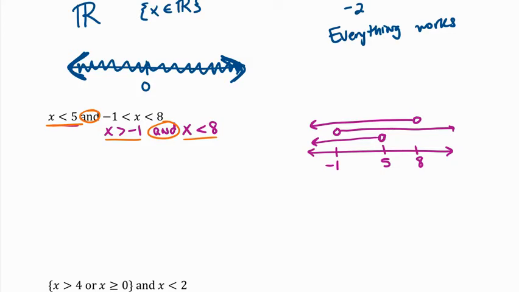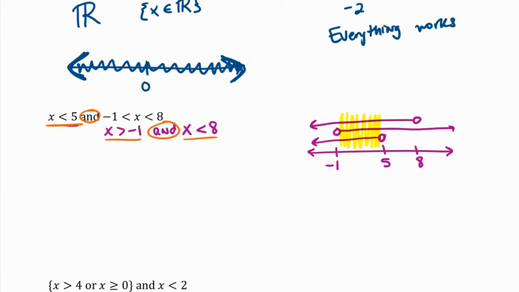Okay, so then since it's and, I want where all three of those lines overlap, right? So if I look for where I see all three of the lines, it would be right there, right? That's the only place on the graph where I see all three. If I go further to the right, only two of the lines, and then I get down to just one line. And if I go farther to the left, there's only two of the lines that I see there, or two of the kind of graphs. Okay, so then to make my final graph,